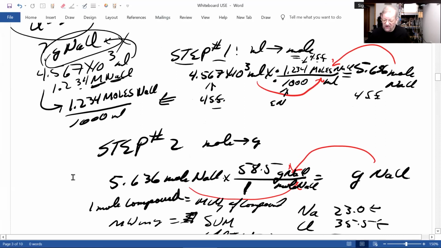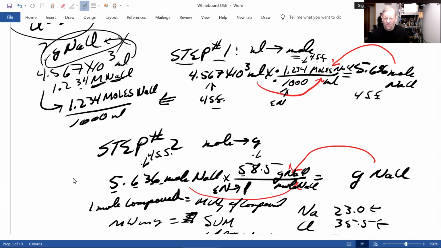Now, how many significant figures should my final answer have here? I'm going to let you try first, and I'll tell you. Time's up. This 1 is an exact number. This has all non-zero numbers, which are significant, 1, 2, 3, 4. This number has 1, 2, 3, so it's 3 significant figures. Which is lower, 3 or 4? Hopefully you picked 3. So my answer should have 3 significant figures.